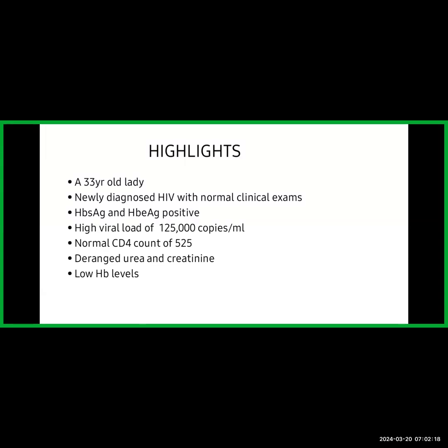If we are to stage this patient, we are not given any symptoms, and most of the staging systems use CD4, like the CDC, while WHO predominantly uses clinical features. Not being given symptoms, we can say in terms of HIV she is likely in stage 1, and for CDC, stage 1A. Again, we are not given other hepatitis B viral markers. However, this could be acute viral hepatitis, though we are not given hepatitis B core antibody, whether it's predominantly IgM